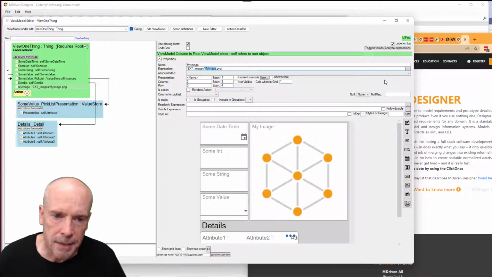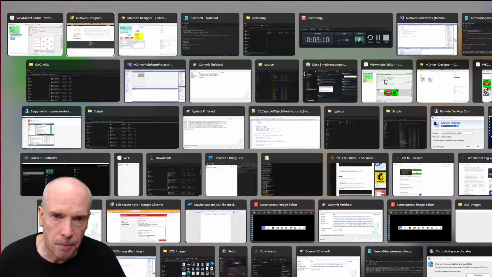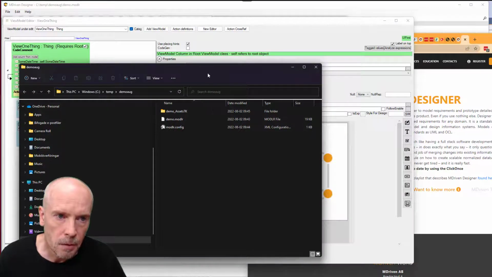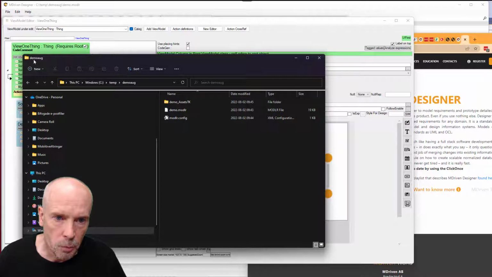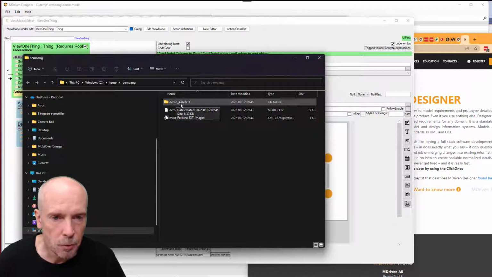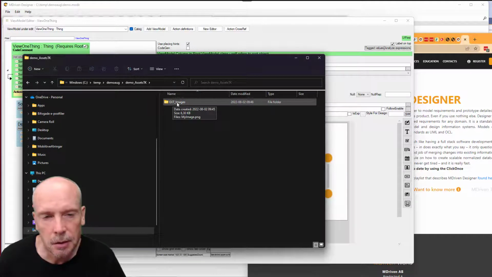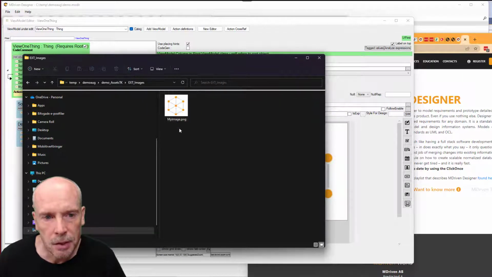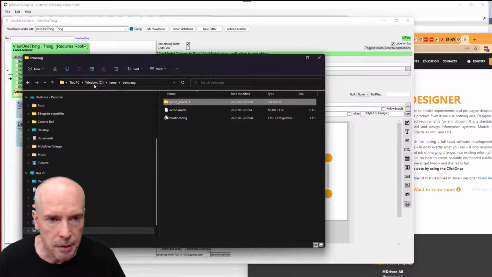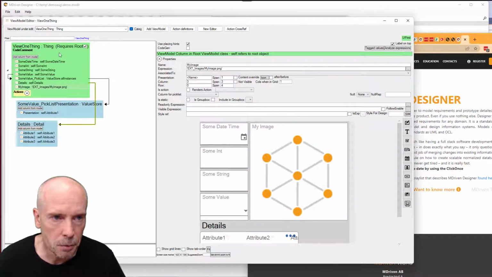What has actually happened is, if we go to the folder where the modeler file is saved, I've got a demo AssetsTK folder created for me that has the external images catalog in it, which in turn has the image from my clipboard. So that's how it works, and this enables us to have this available even when we go to the server